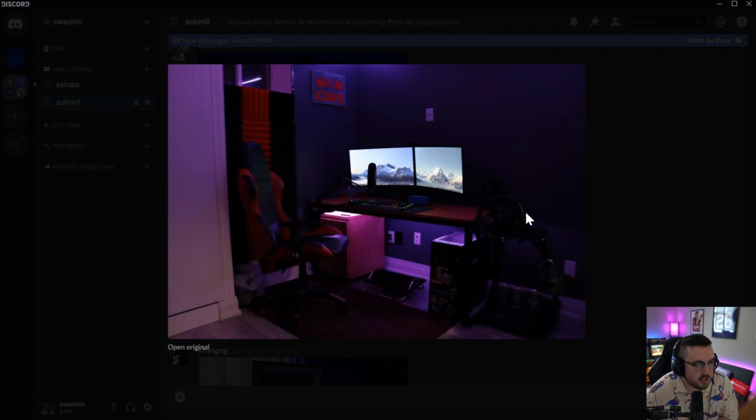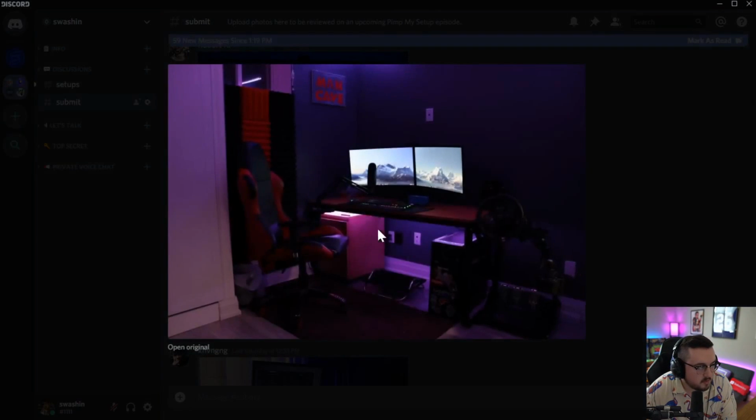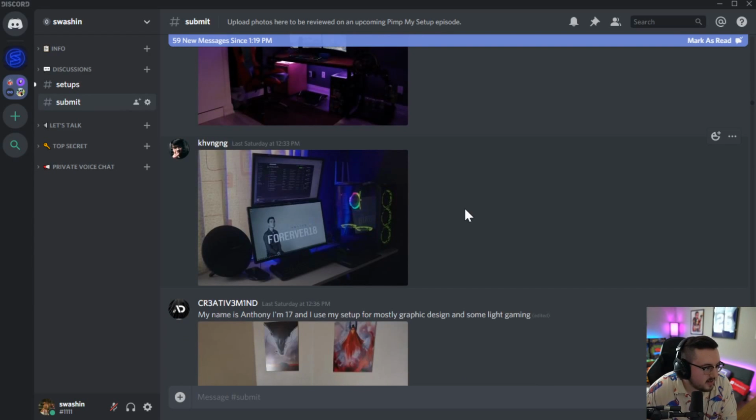If I had a flashlight, I would definitely be able to take some time and check out this setup. But again, I don't have a flashlight, so I can't actually see the setup. Can you guys see it? I can't. So maybe submit again with the lights on. I understand this shot being in the dark, and it's all blue and it's vibing, and that's very cool. But when you submit to a show where we have to critique it, we have to actually be able to see it. So that's just what I would say. Anyways, next up,